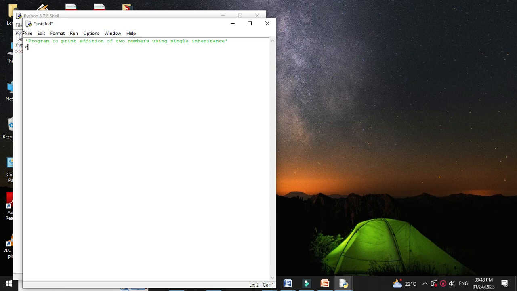So first we will define class 1, and here we will define constructor with two parameters. So init self, a comma b, and then we will assign these constructor variables. So self.a equal to a and self.b equal to b. Then we will define second class 2, which inherits 1,